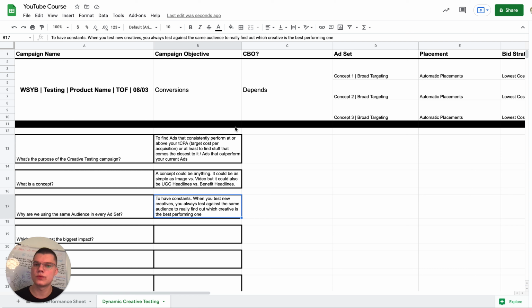The goal is to find out really what is winning, like which creative concept is winning. It's not, maybe this interest group is better than this one and therefore this one is winning, but you're also testing new creatives against it, so I'm not quite sure. The goal is to have constants when it comes to testing, and the way we get constants is by broad targeting. If you have thousands of dollars in ad spend,